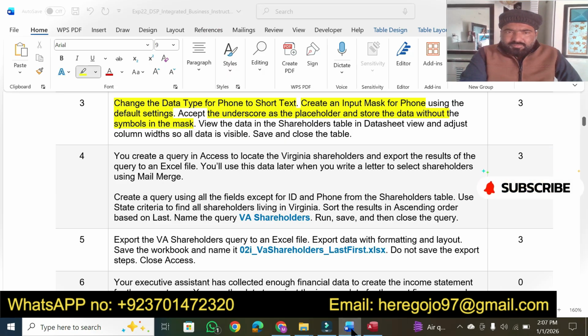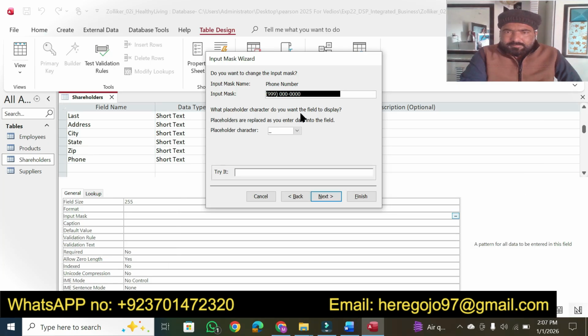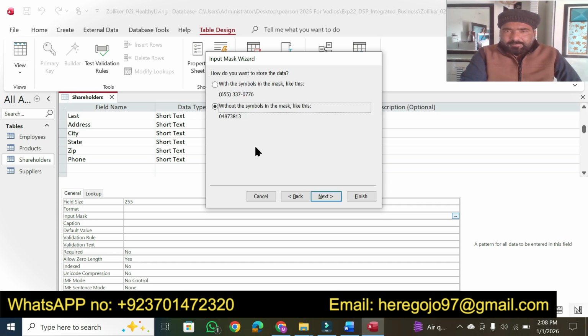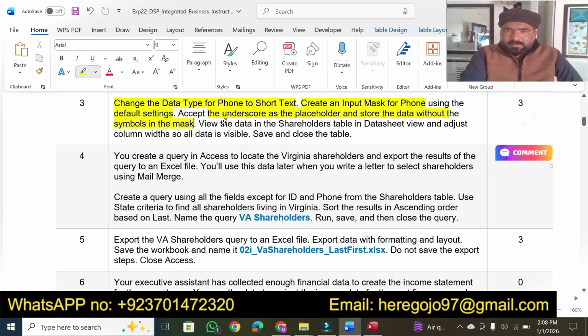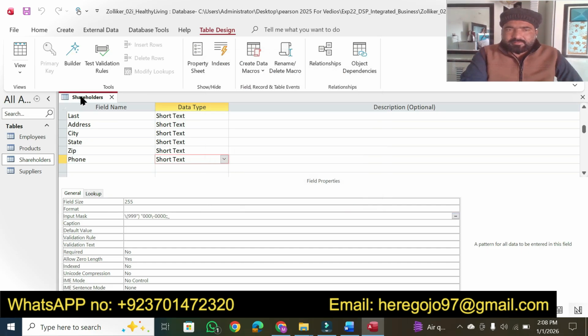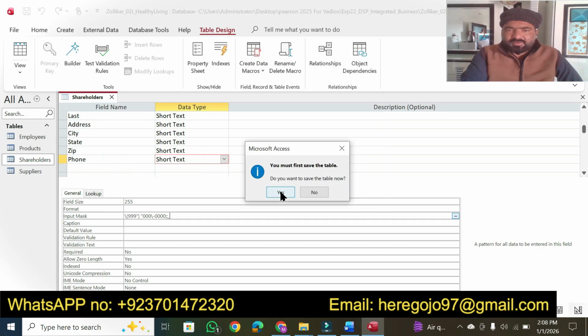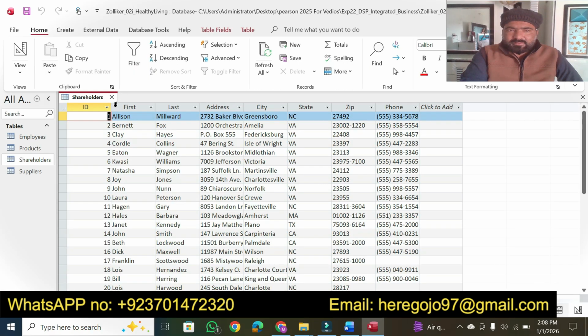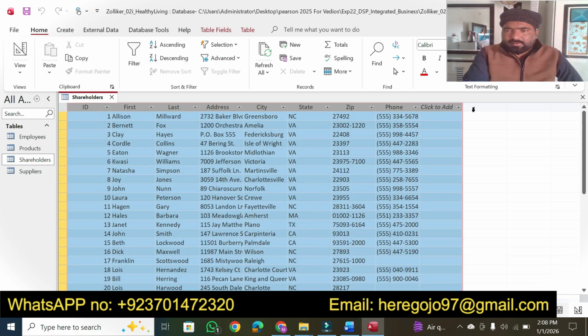and store data without symbol. Then view data in shareholder table in datasheet view and adjust column width so data is visible. Okay, now we have to simply click next, then finish, then right click and show in datasheet view, yes, then adjust all column width, select all,